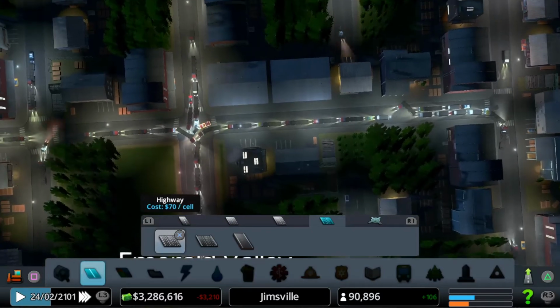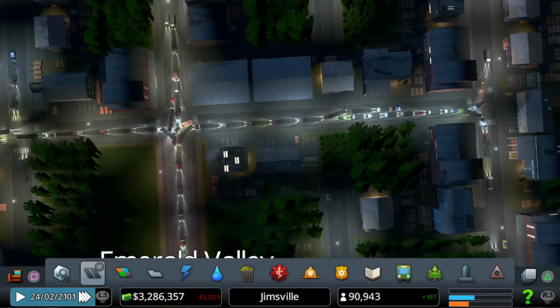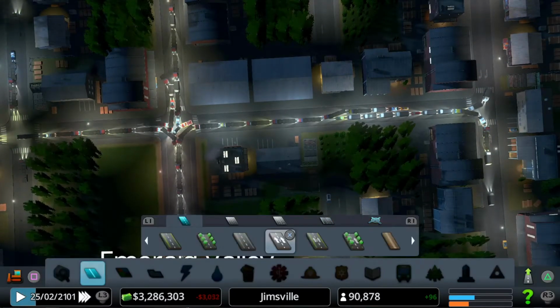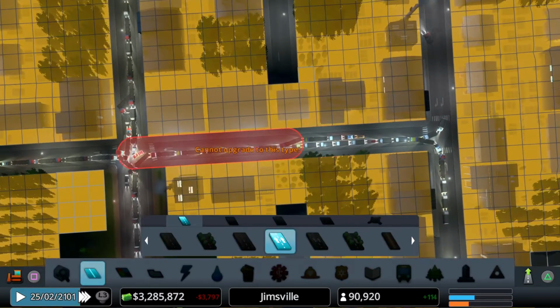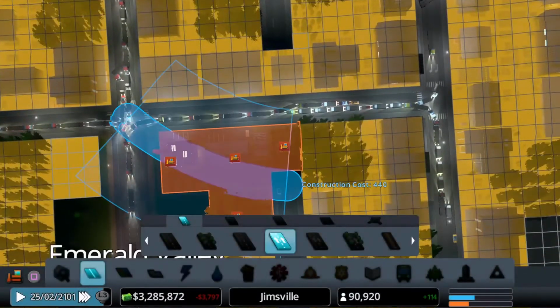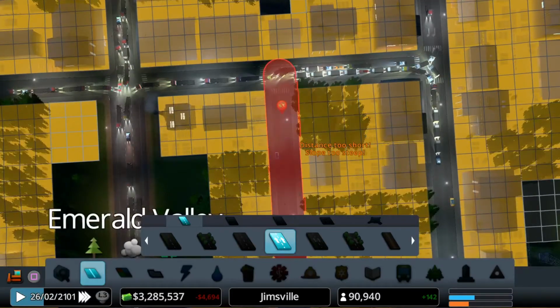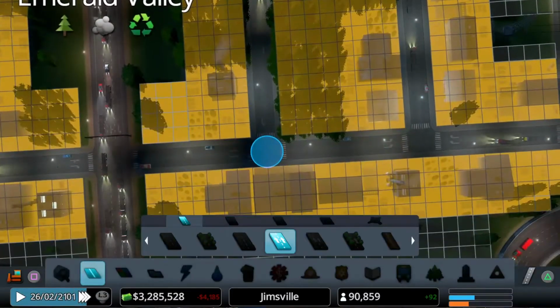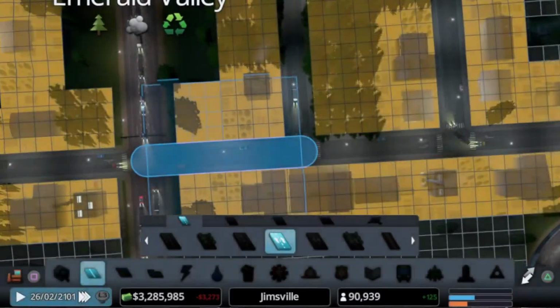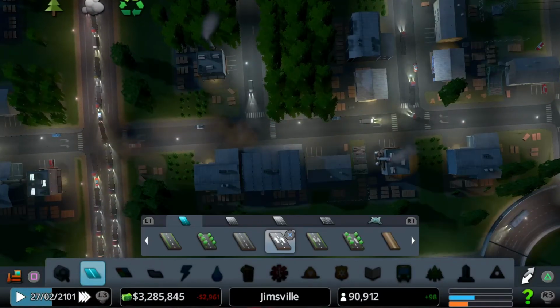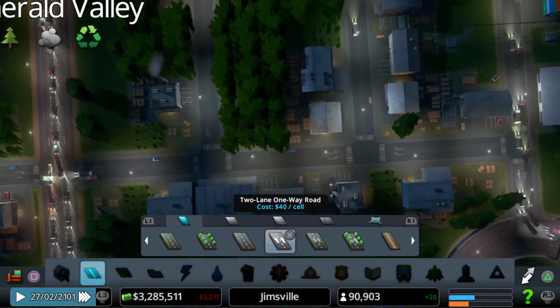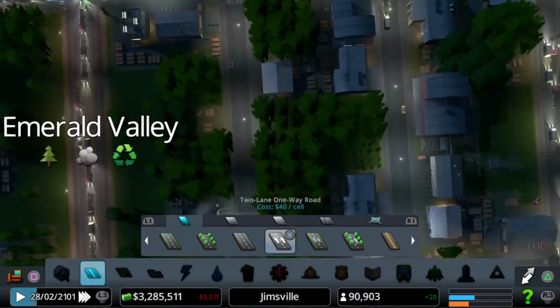How about we try and make things a little bit easier? If I bring a road down here like this, change the direction of that road there, and that road there.